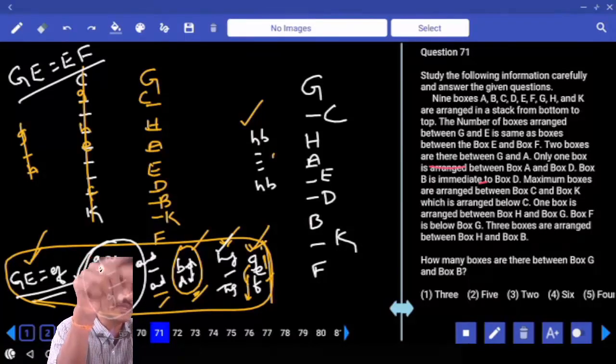G and E equals to E and F. Number of persons between G and E equals to E and F. That means E must be exactly between G and F. Then,